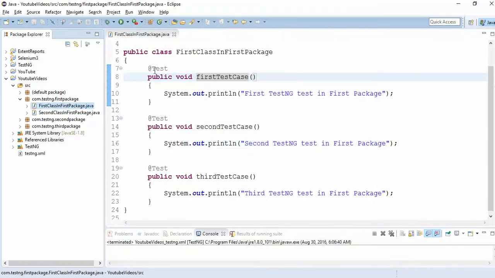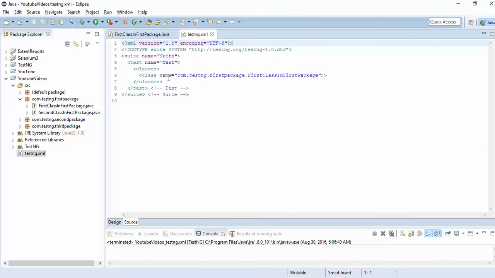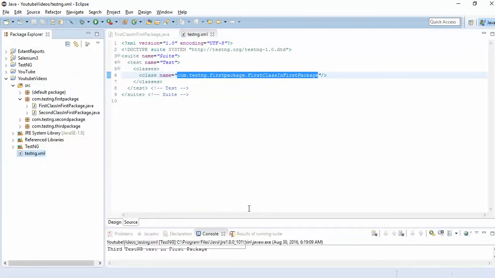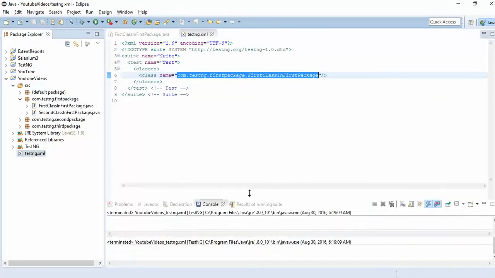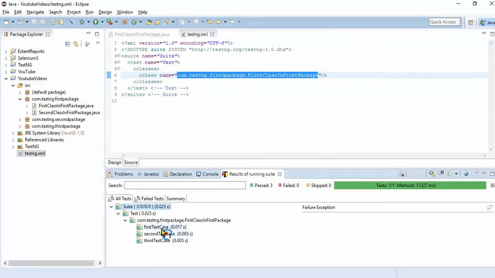If I want to execute all these three test methods, this testng.xml is enough. Why? Because I'm executing this test class, and it contains three test methods. If you execute this, it will execute all the methods available in the class. If you see the output, it executed all these three test methods: first test case, second test case, third test case.